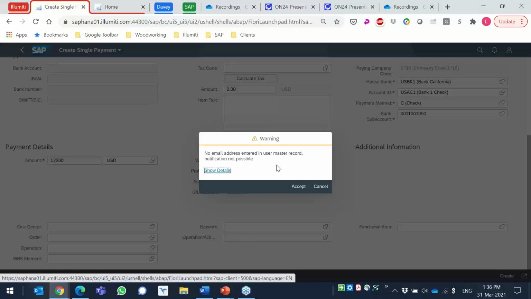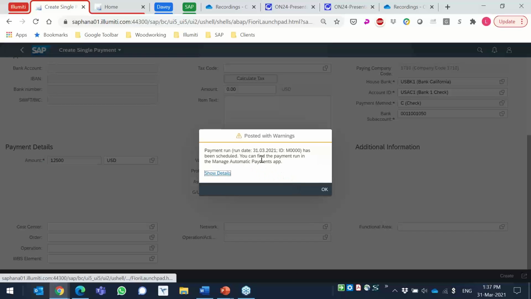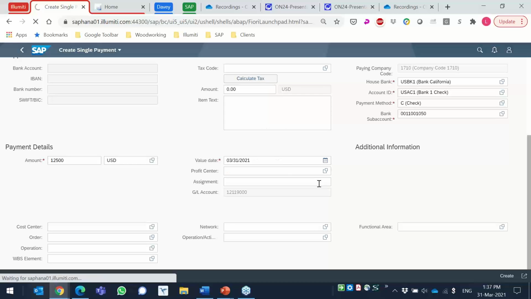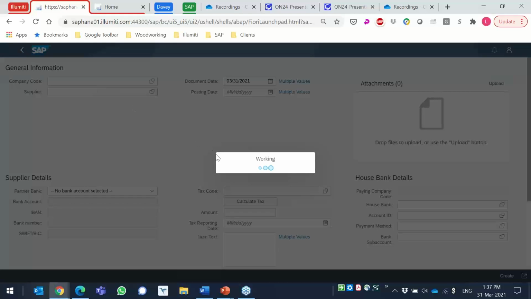So these are just warnings here. No email address entered in the user master record, so no automatic notification is possible. Okay, I agree. But now what it does: payment run M40 has been scheduled. So automatically this program generates a payment run. So if I come back here,